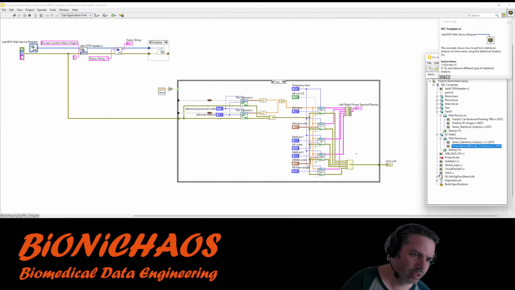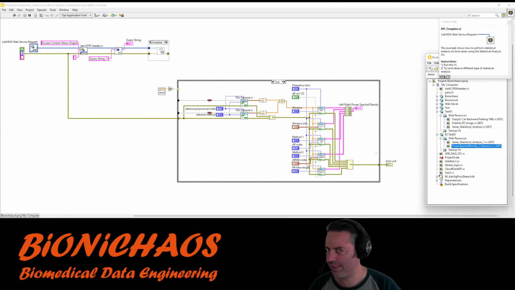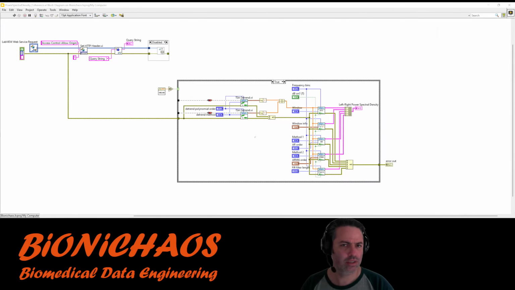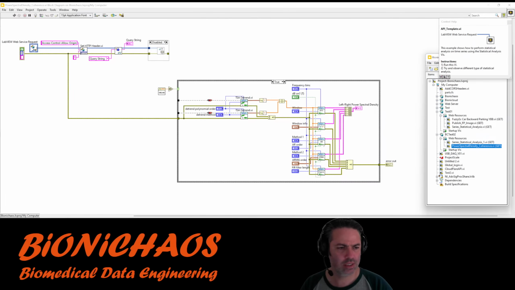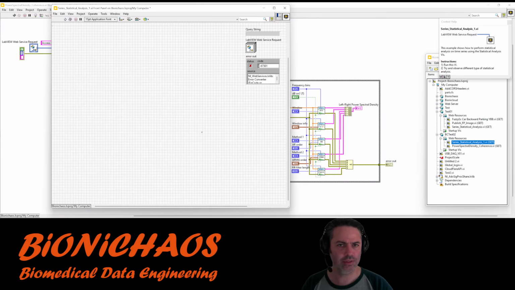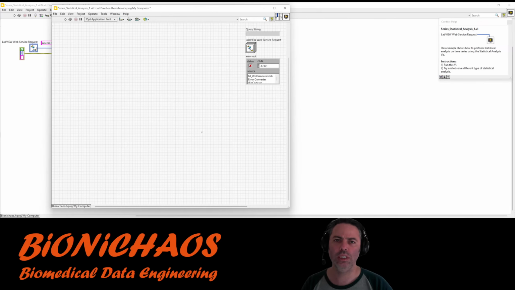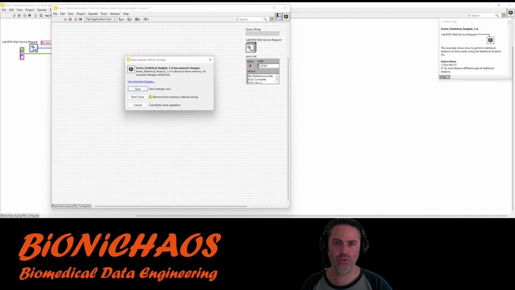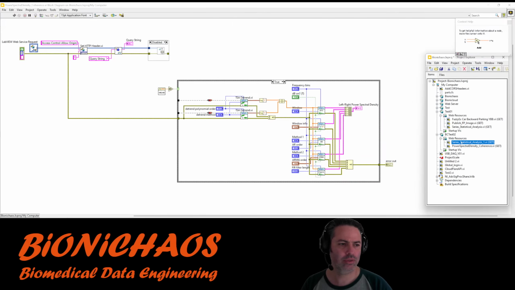Density. Spectral density and go. Oh, that's not good.